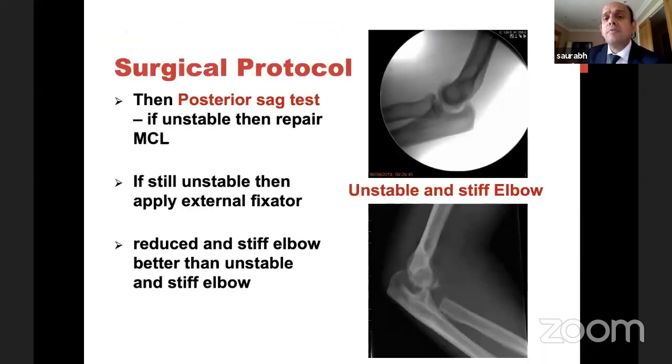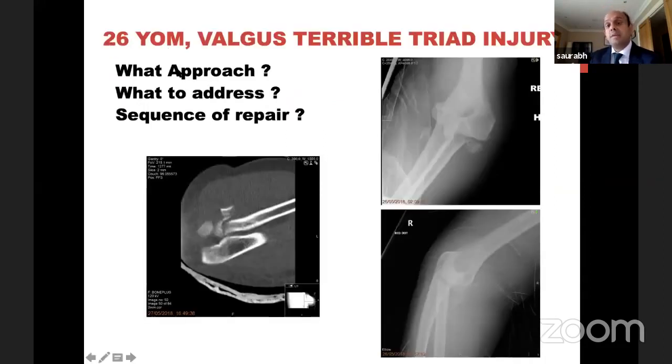So if it comes to repairing MCL, which I'll show you in my X-rays in some case discussions, MCL comes off the sublime tubercle of anteromedial facet. You just put an anchor there, you grab your anterior band of MCL there and reattach it. Like LCL, it is as simple as that. So let's see a few cases.